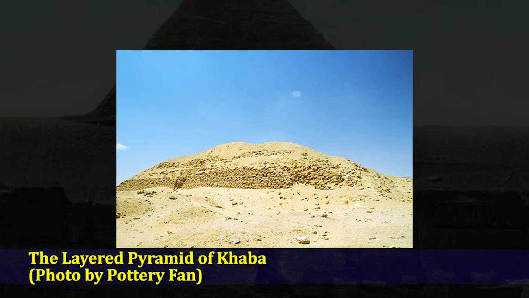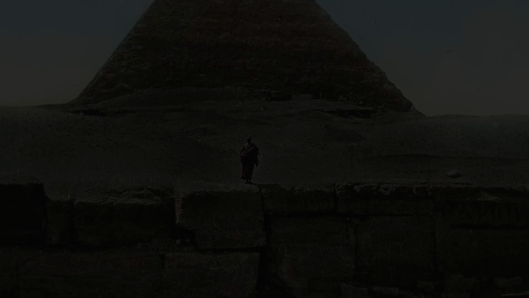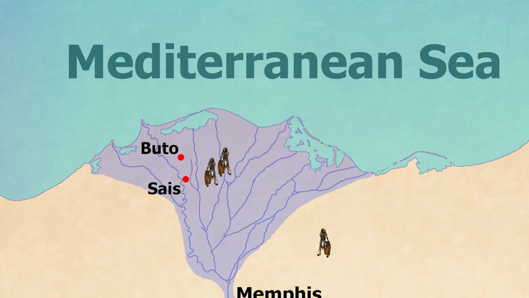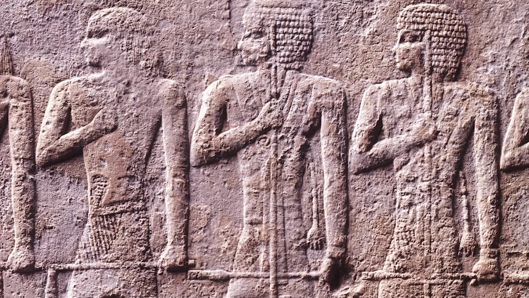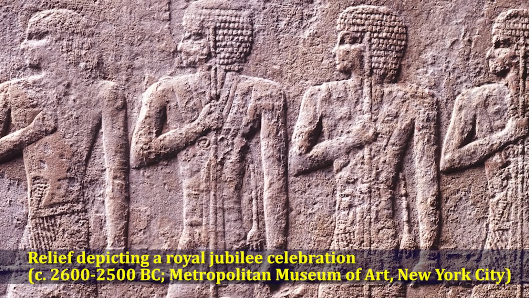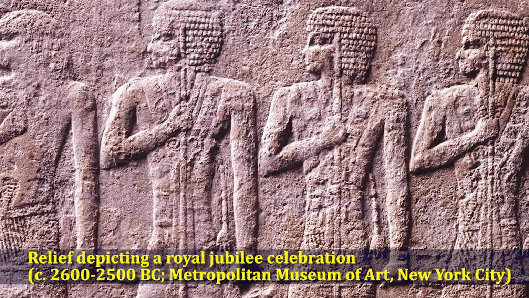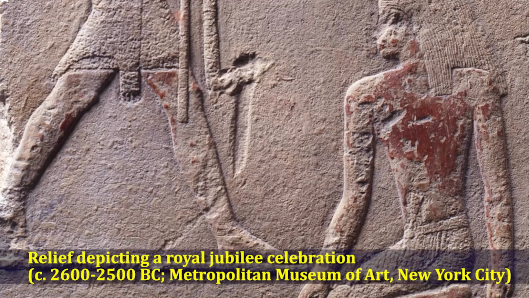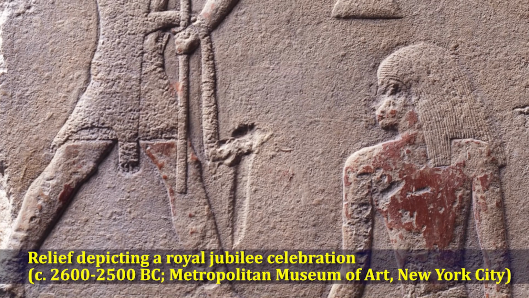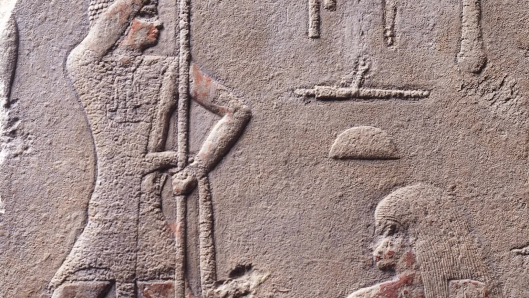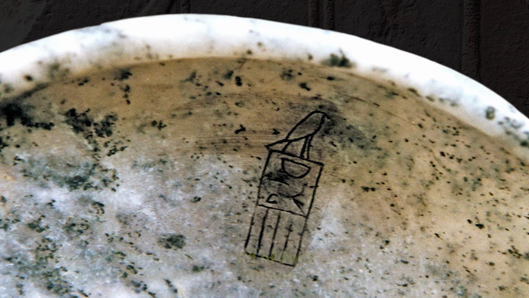For the most part, everything seems to have been in order when Huni passed away in 2613 BC. Everything, perhaps with the exception of his male successor. From what Egyptologists have been able to learn, Huni didn't have a male heir at the time of his death, at least not one from his main queen, and so the son of a minor wife, who was also married to one of his daughters, named Hetepheres, became the new king. His name was Snefru, also pronounced Sneferu.